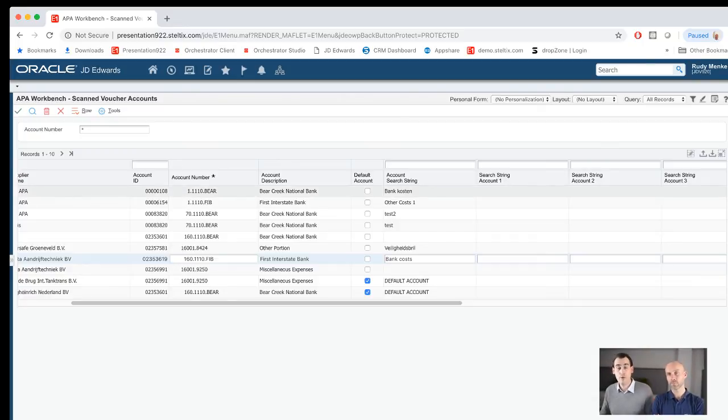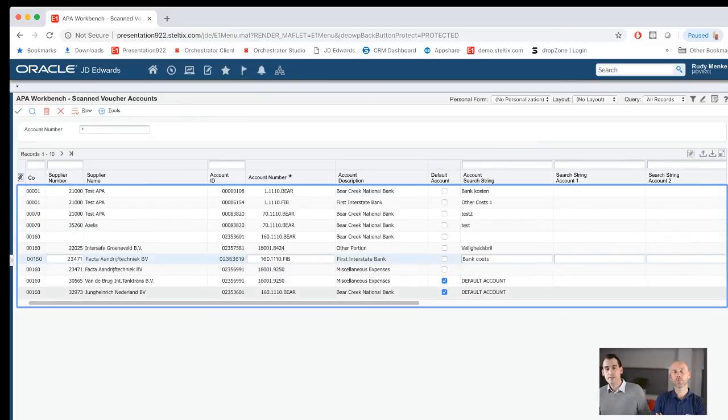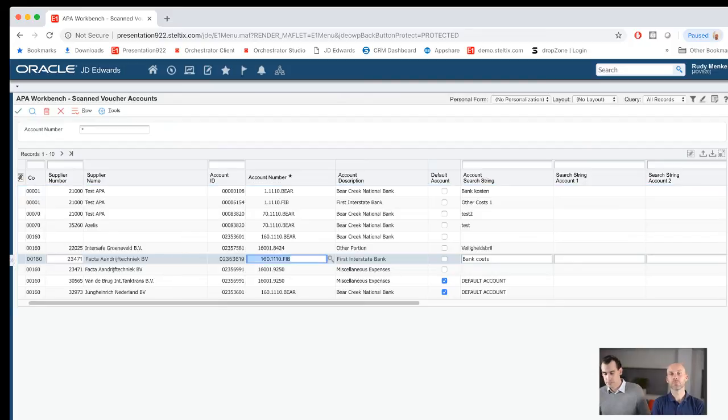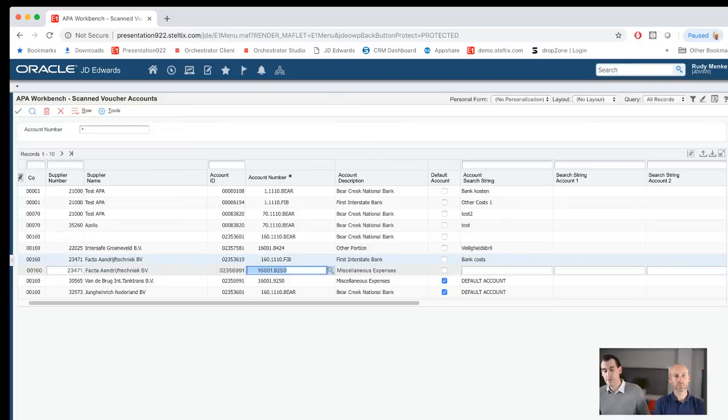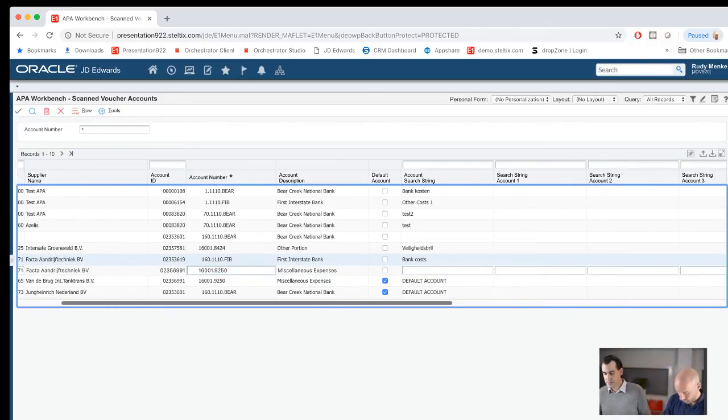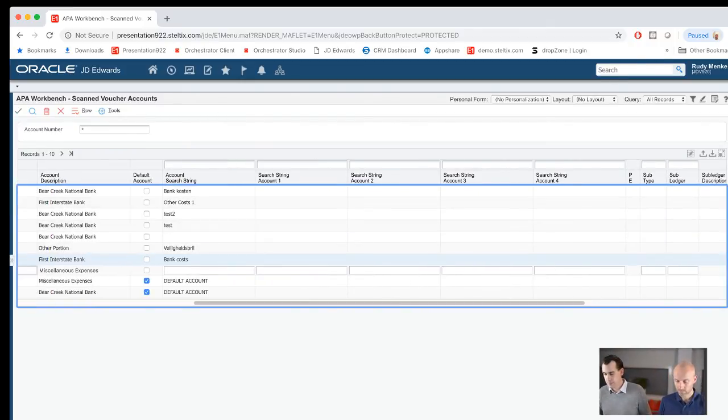And maybe I have to elaborate on that, because the account strings, and you see several ways here, are also linked back to your verify screen, Iris Verify, because there it will look in the detail of the invoice text for the word bank cost, and if it's there, then it will pick up this GL account. If there's none, then you might use this one. If you always have one GL account, you can also hit the default account button, and then it is automatically always mapped to that account. And on the right side, you see that there are a lot of search strings that you can use for the same account, so that might be interesting.